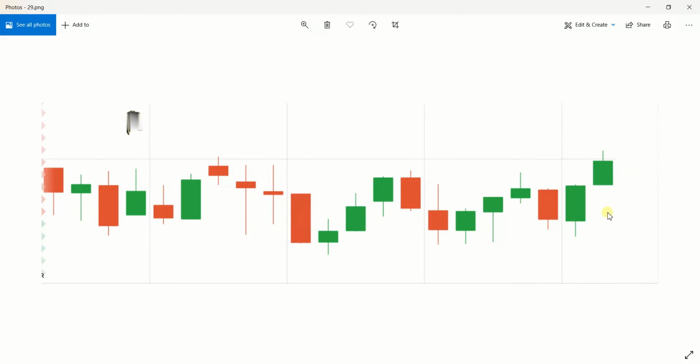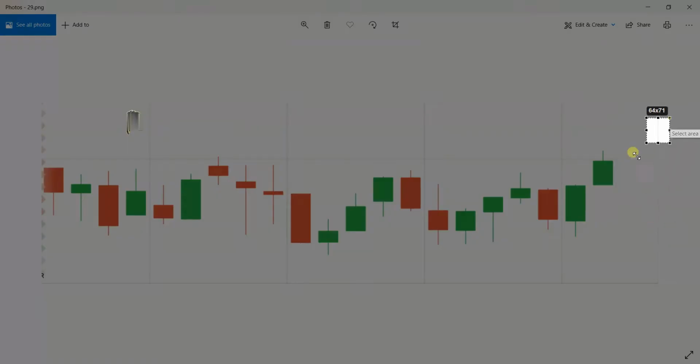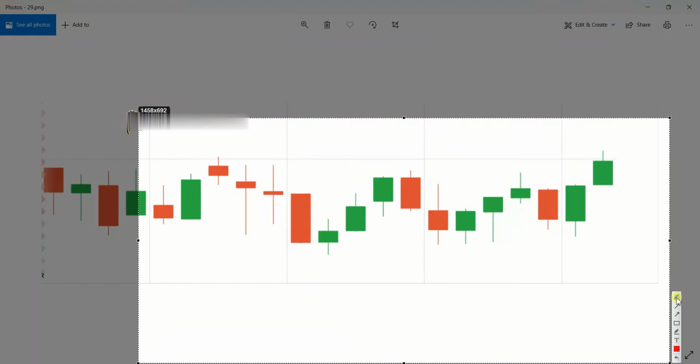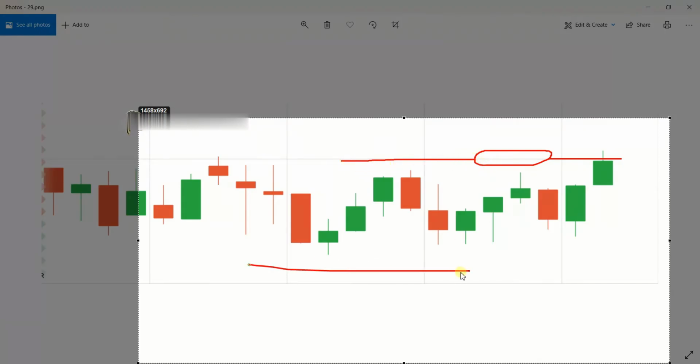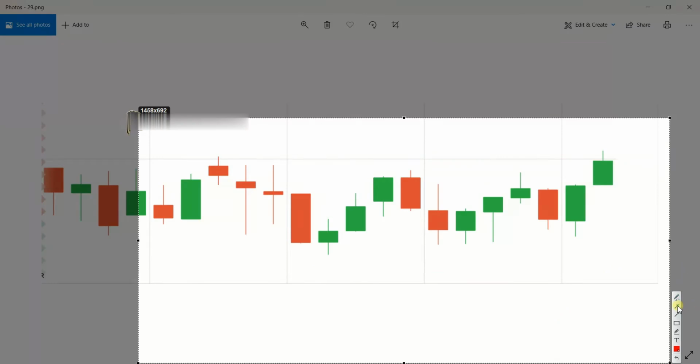Okay, so now you can see here the market closed at a round number. Here you can see this one. This is a round number. We talked about the horizontal level, the trend line, and the round number. These are the SNR, but as I told you, we need to check the round number. So if we check this one,